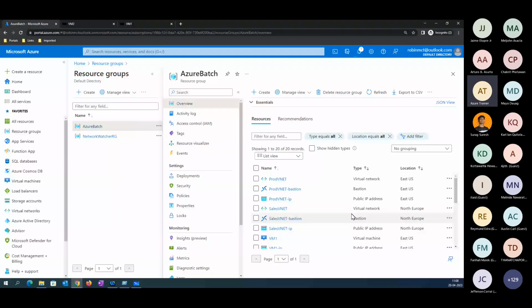Right now the deletion or decommission of the existing resources is in progress. We are waiting for this to complete.